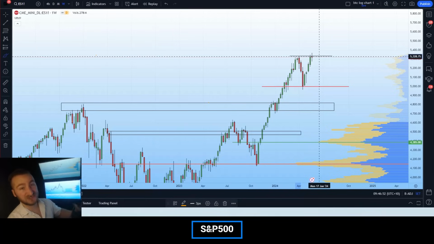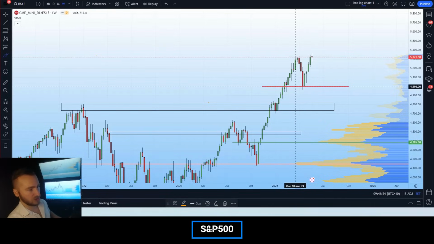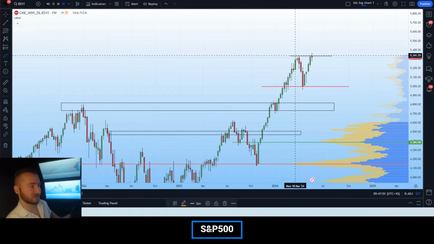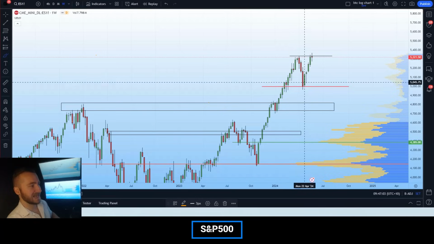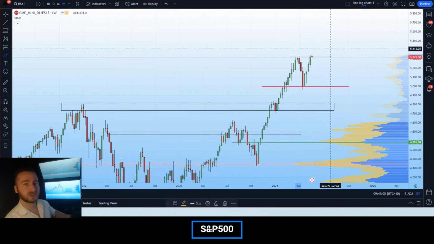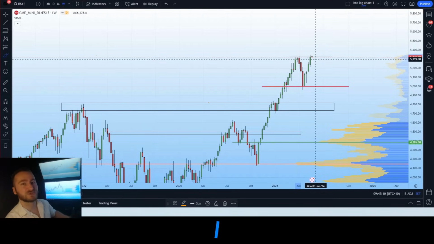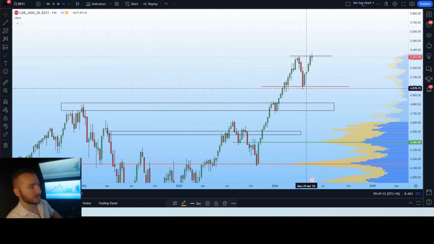Whereas if we do not see that, we are going to be moving between the range low at 5,000 and the range high, which is 5,330, which we are currently retesting. If we do look at this black and red line, these are both bullish and bearish trigger points, meaning the trend on the higher time frame is impacted by the directional breakout of these levels of liquidity,